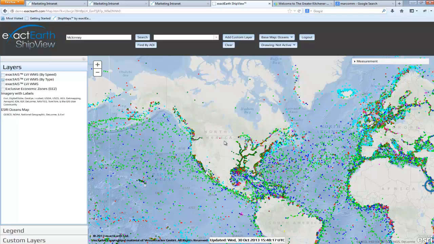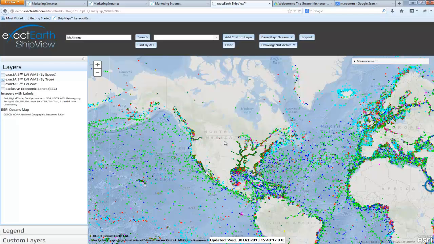As you have seen, the global community is easily reached with web applications and development like ShipView. And that's going to conclude our demo section for today. I'll now pass you back over to Graham and further on to Nicole. Okay, thanks Carl, that's great.